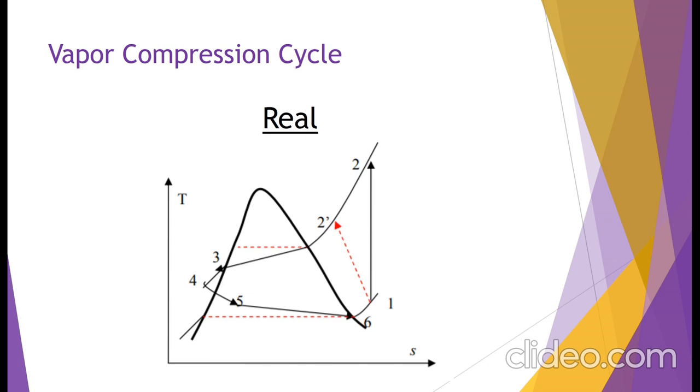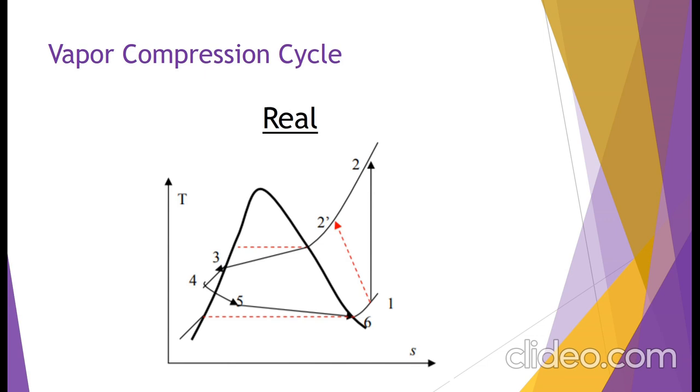And also, as you can see, from 3 to 4, we actually go outside of the vapor dome. Because in reality, we can't stop the process right when it becomes a saturated liquid. So oftentimes we'll go past that point and then go back into the vapor dome as we expand the working